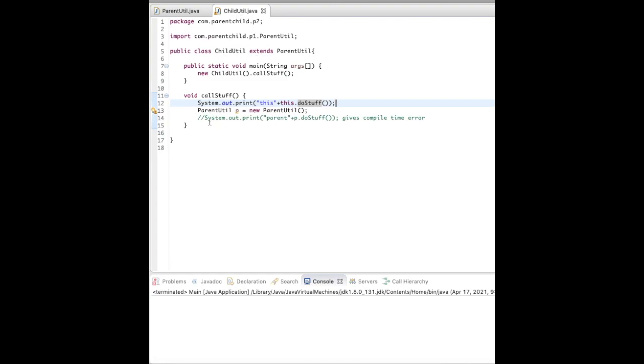Now there's one more thing. You have seen ParentUtil p equals new ParentUtil. I have created an instance of the parent, and now I was trying to do p.doStuff, but since I was doing p.doStuff I am getting a compile time error. Why? Let's see.